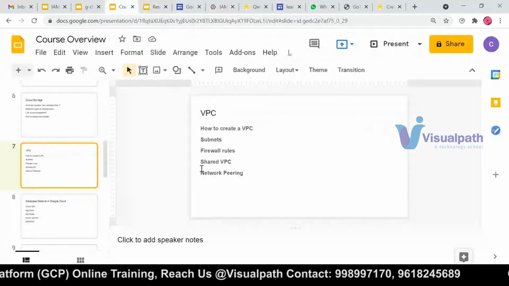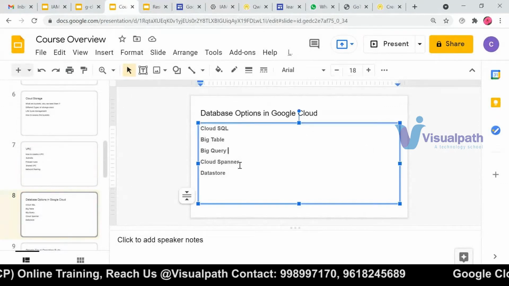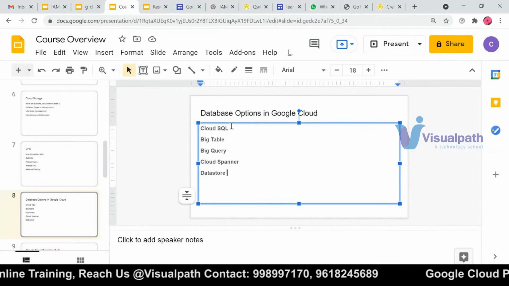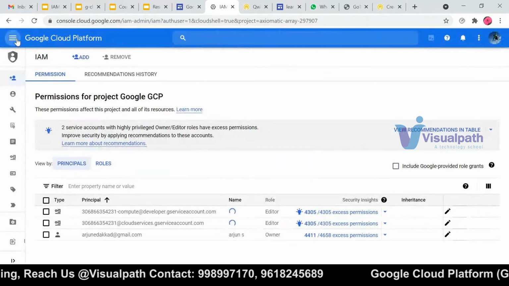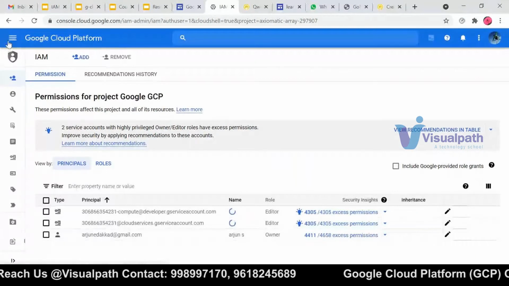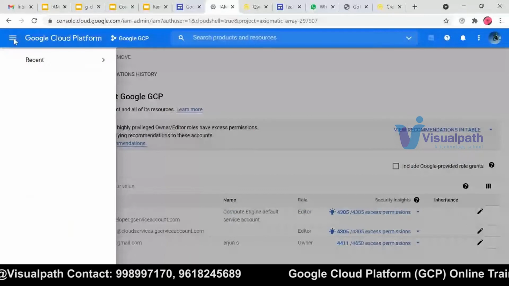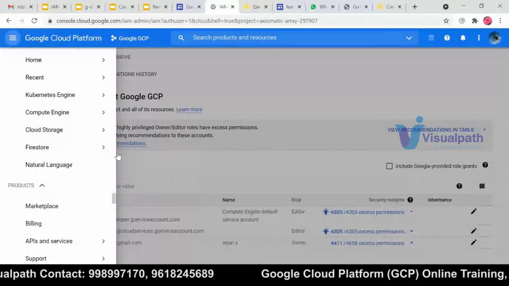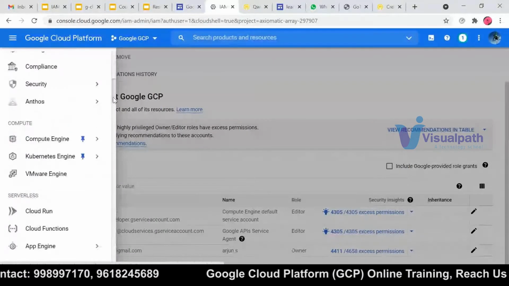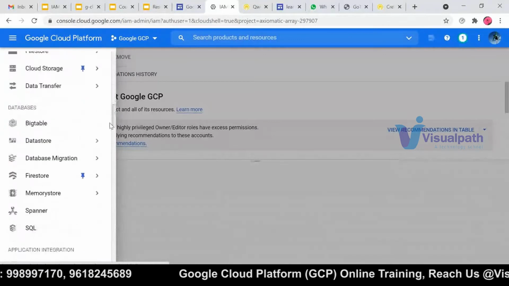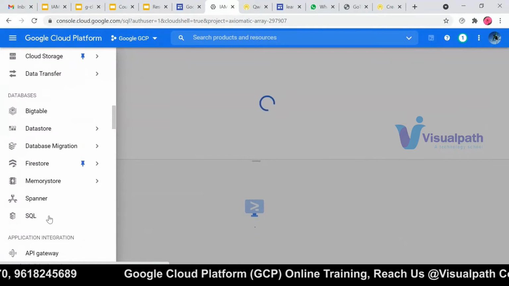And for database options, like I said, we have Cloud SQL, Bigtable, BigQuery, Cloud Spanner, and Datastore. Cloud SQL is like, if you go in GCP, any experience with database? Yes, a little bit. MySQL and then Oracle 11g, 12c. Okay, so GCP does not have Oracle. If you check in the SQL part, we'll have